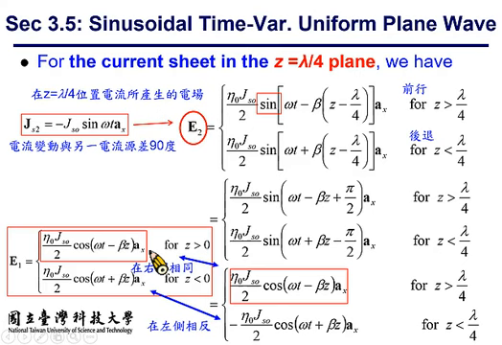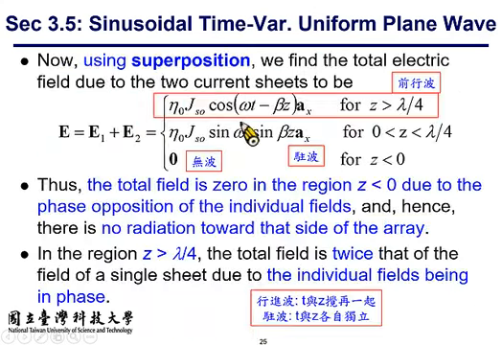Use your high school trigonometry, and you will end up with this expression, sine omega t times sine beta z. It still looks like a sinusoidal function, but the most critical part about this representation is